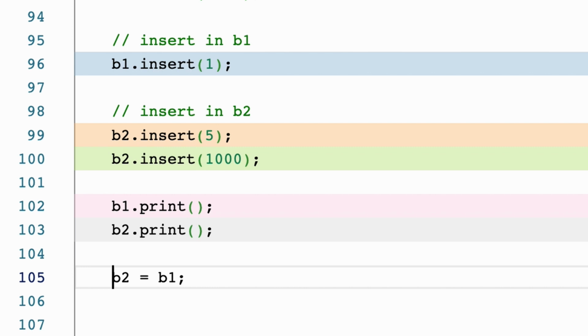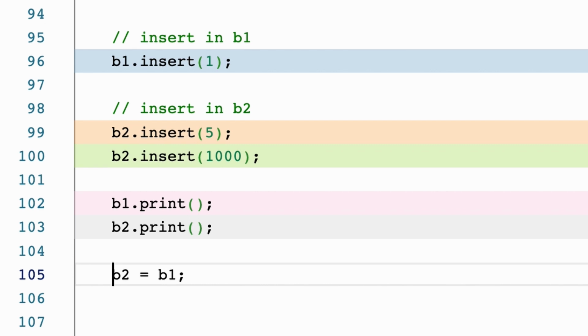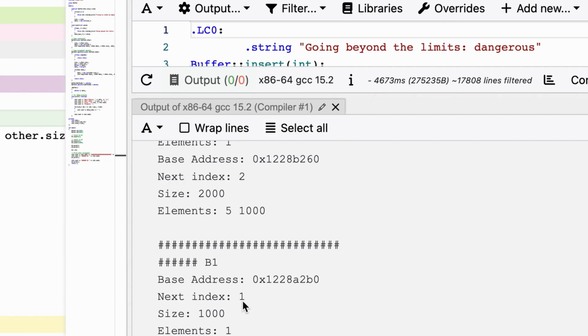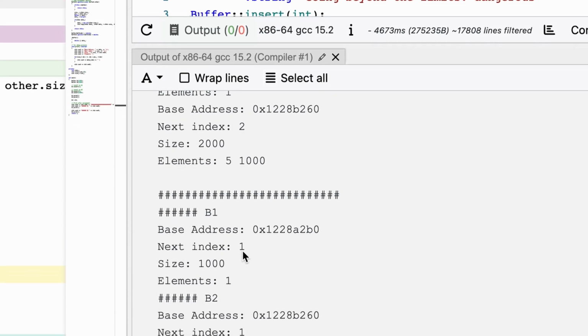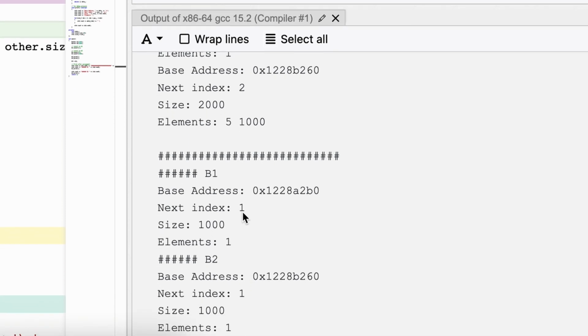So we are going to try to assign B1 to B2 and see what's happening. As you can see in the output of the execution, it seems that everything is fine. So in principle, we would think, okay, this is good enough. This code is robust, but it's actually not the case.